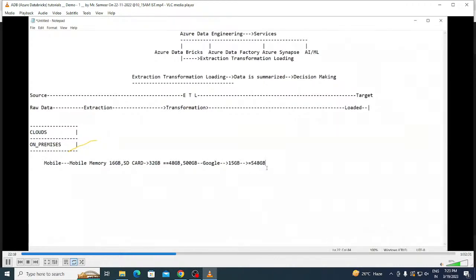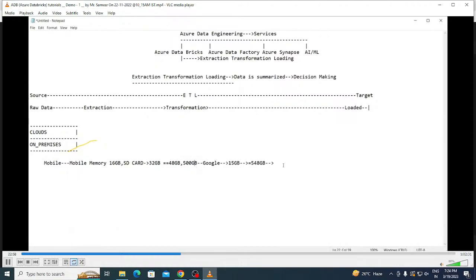Now, one fine day, I lost my mobile phone. One fine day, I lost my mobile phone, guys. That is my query. Now, my query is that when I lose my mobile phone, I could not able to trace it. Now, the question is that I bought a new mobile phone. I have to buy a new mobile phone. Hence, I bought the new mobile phone. Now, once you bought a new mobile phone, guys, please tell me, can you recollect this 48 GB? Can you recollect this 500 GB memory or not? 500 GB is possible, 48 GB is not possible.